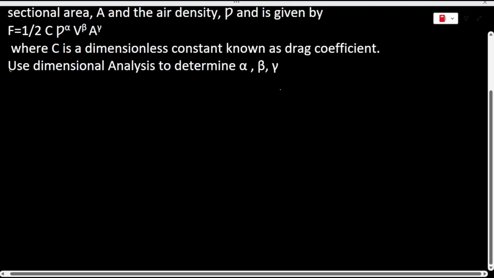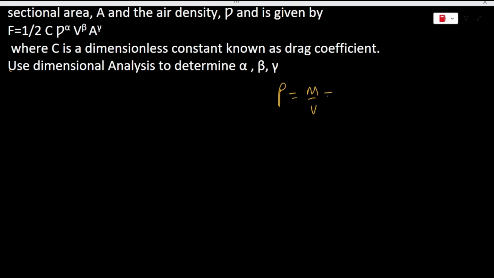By definition, density is mass over volume. The dimensions of mass is, dimensions of volume. So when we apply the properties of indices, the dimensions of density now would be